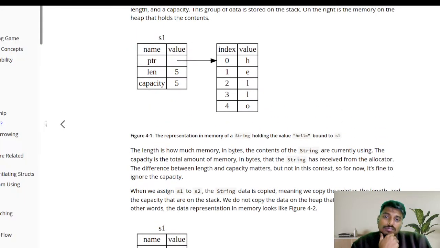The length is how much memory in bytes the content of string are currently using। ठीक है, the capacity is total amount of memory in bytes। ठीक है, तो ये वो वाला है कि ये बोल रहा है कि कितना लोकेटर ने इसको दी है और एक्चुअल में कितनी लेंथ है उसकी।